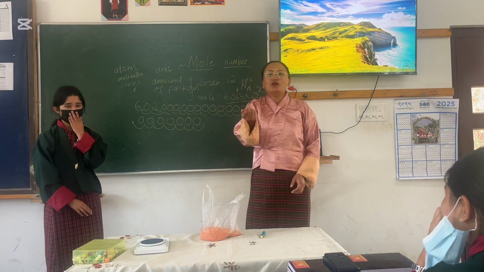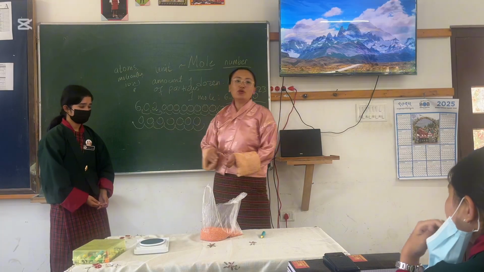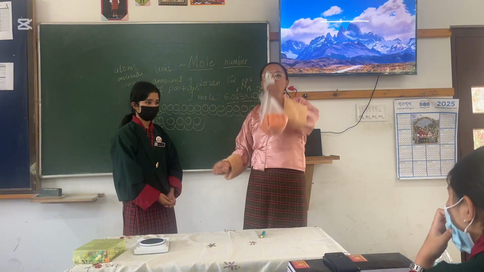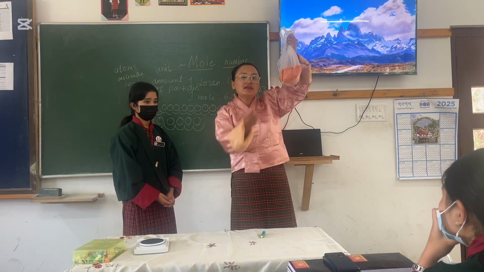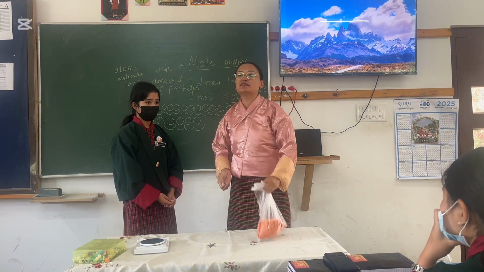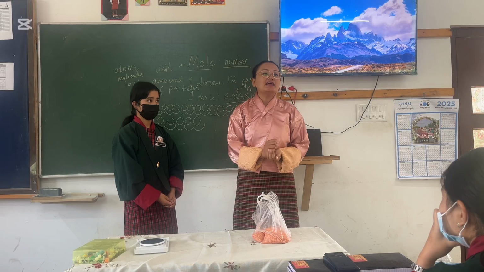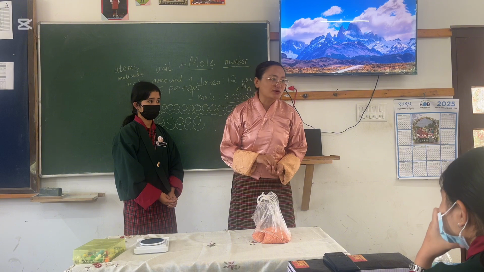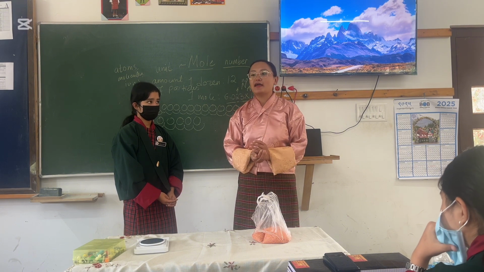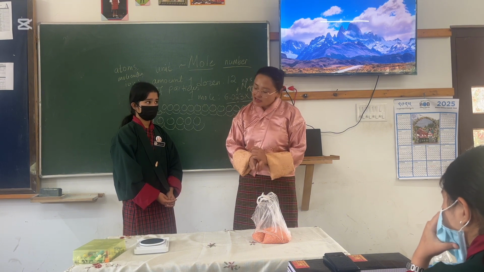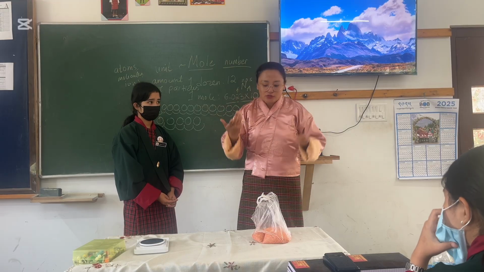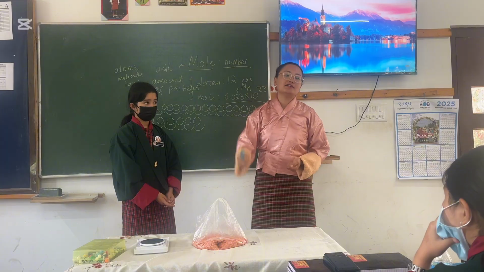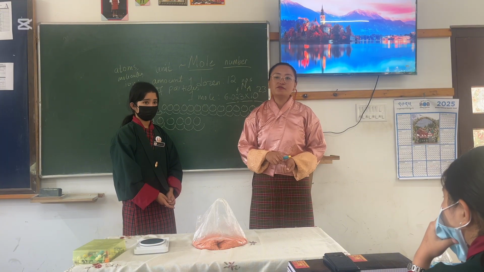Now, is there another way? Instead of counting them, my task is the same. You have to find out how many individual lentils are here in these 1000 grams of lentils. Now, instead of counting literally one by one, is there another way to do it? Yes, weigh them. Yes, absolutely. So how will you go about this now? You want to find out how many lentils are here in this 1000 grams. What will you do?